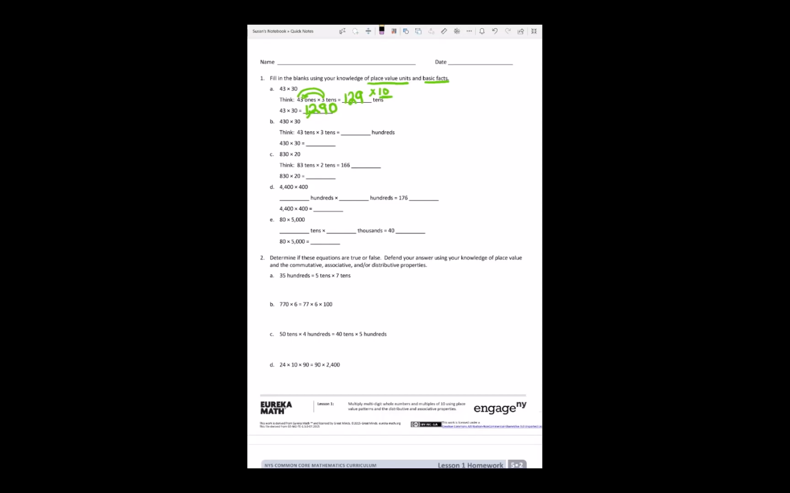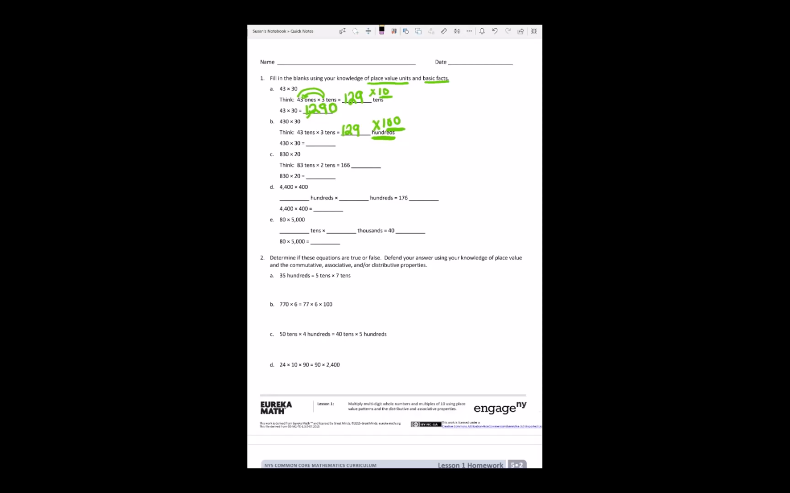430 times 30. Think 43 tens times 3 tens equals blank hundreds. So once again, they gave us the place value unit we are working with, and that is hundreds. And another way of writing that would be times 100. And I'm going to make a mental note that hundreds have 2 zeros. But it also wants us to give them the product. And I already solved this, and I know my product is 129